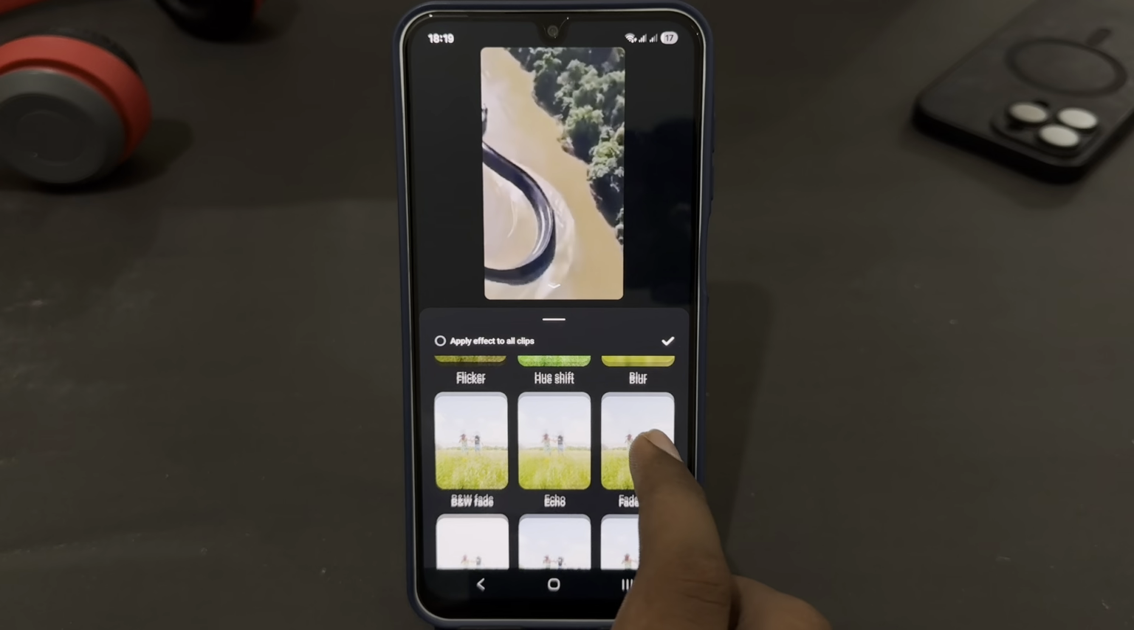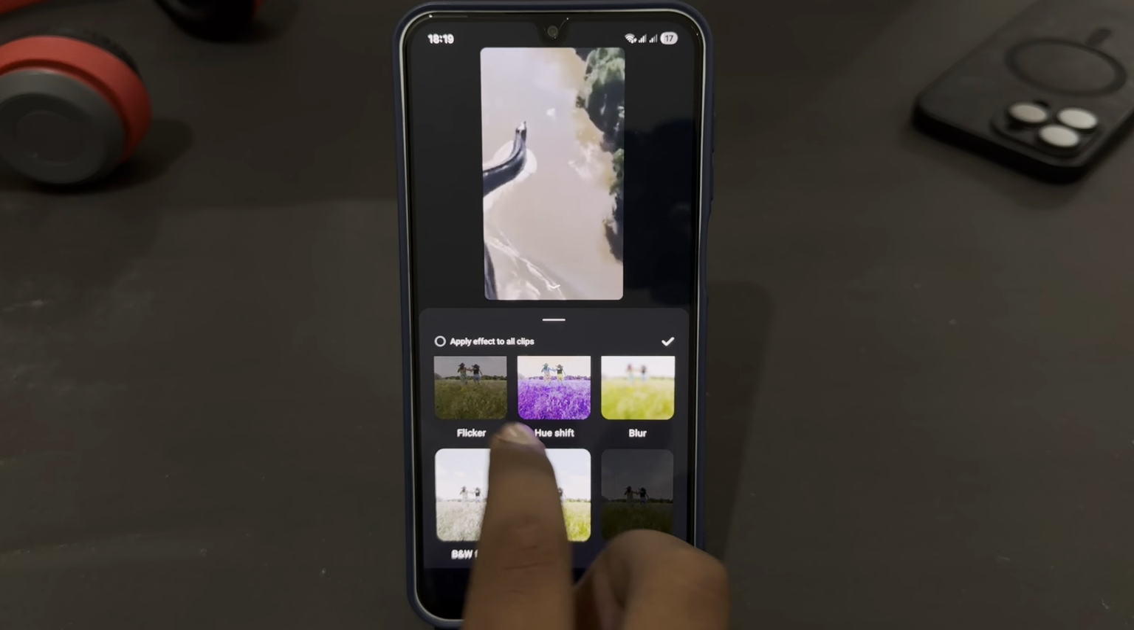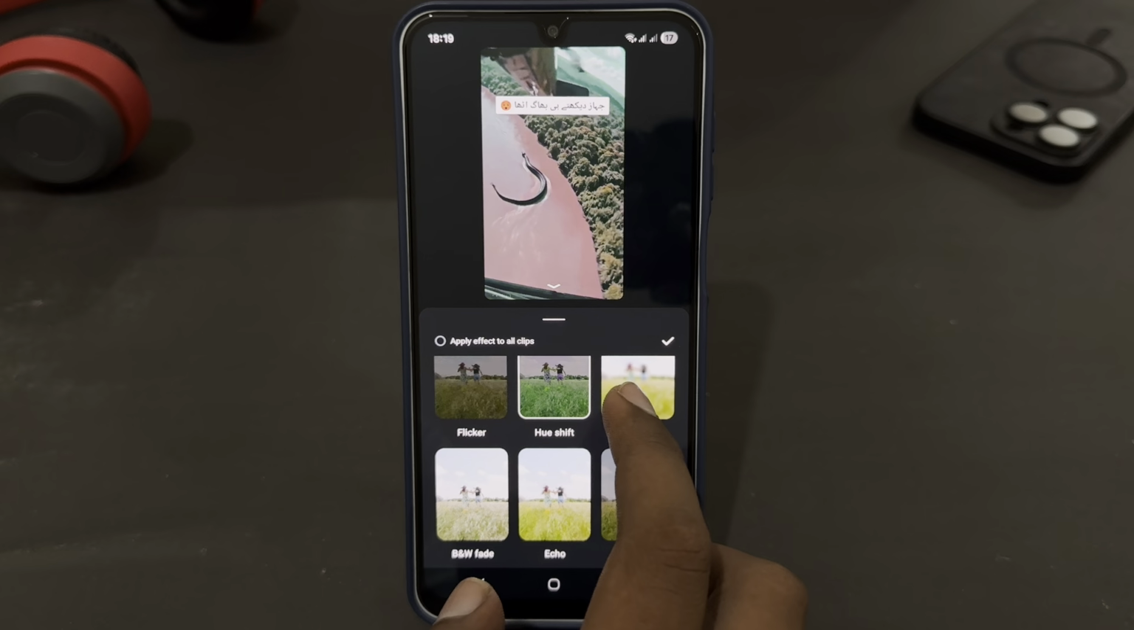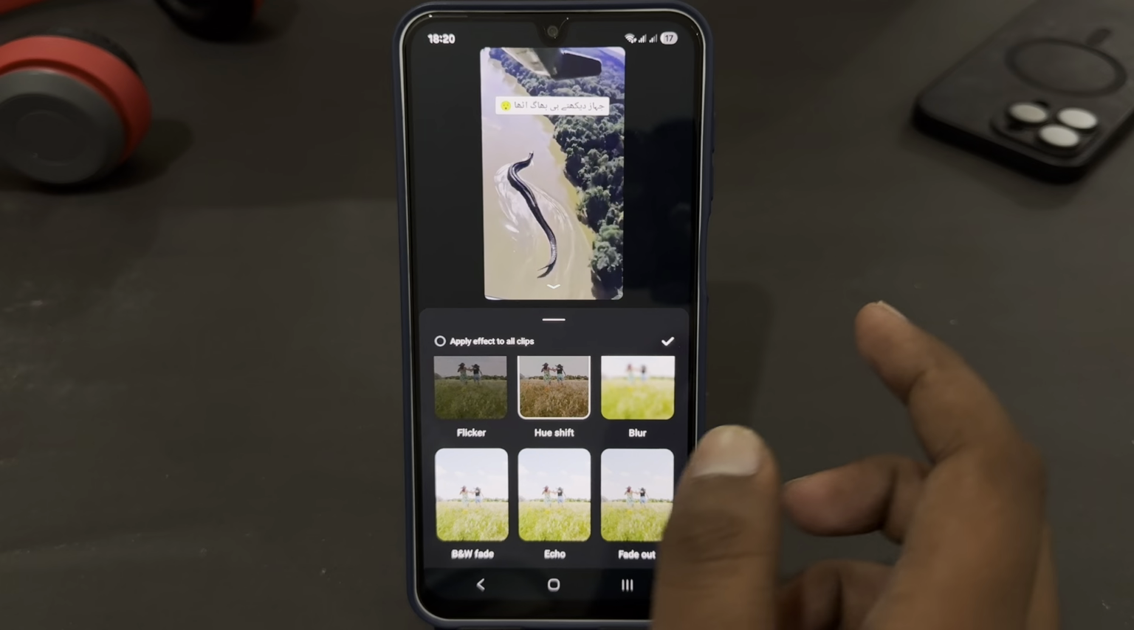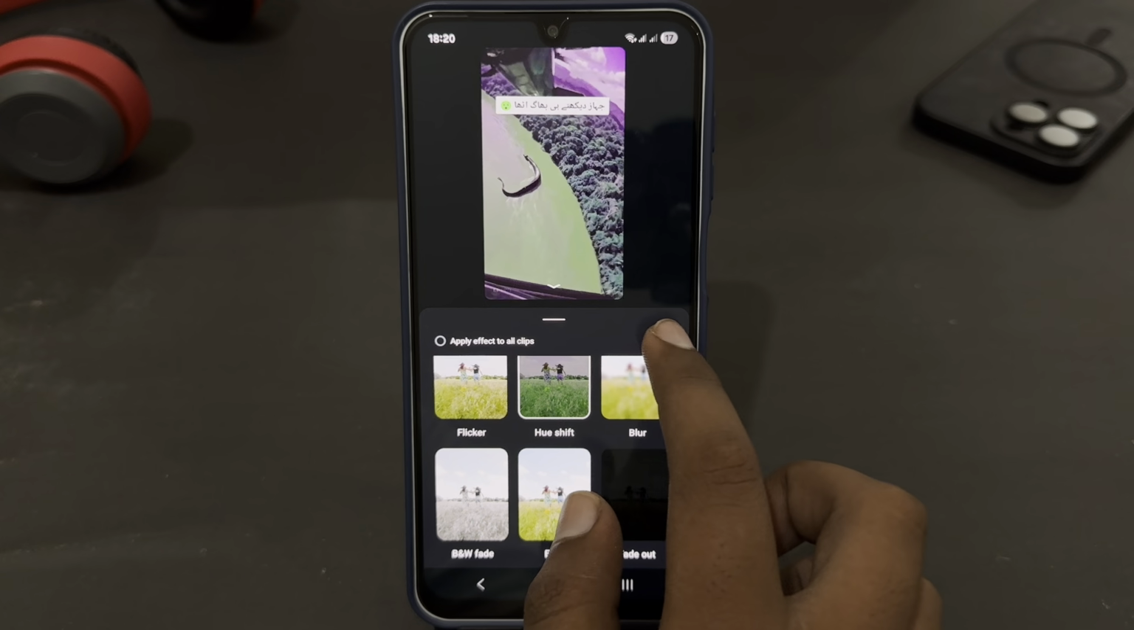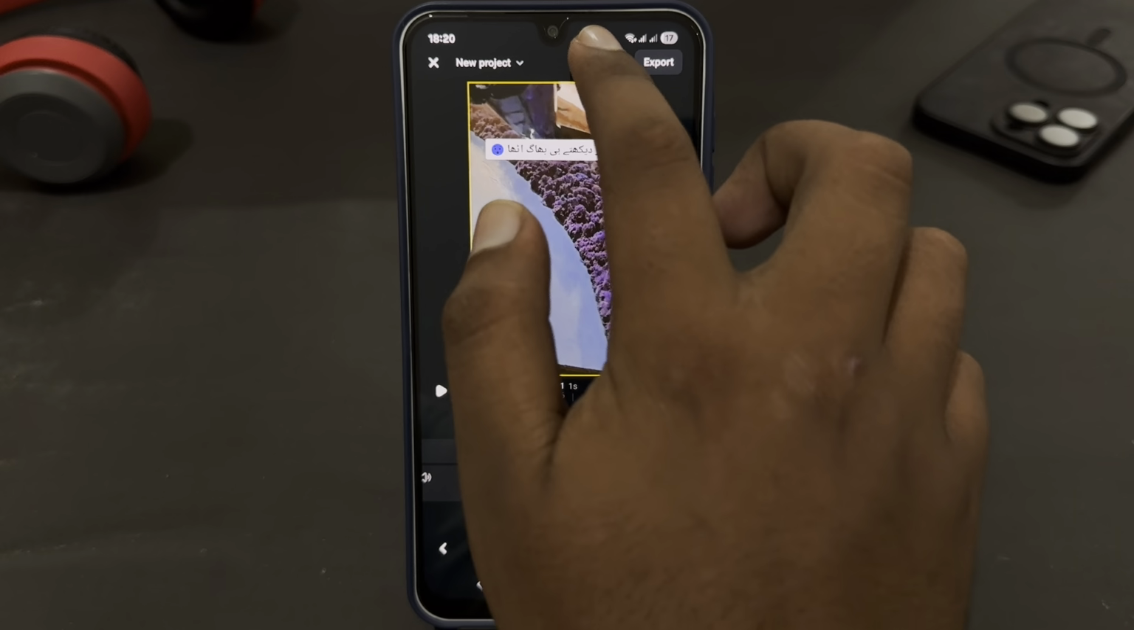You must select the effect from here. As for example, I'm going to select this one or this one. Just select the effect which you want, then tap on this done option, and here just tap on this 2K,